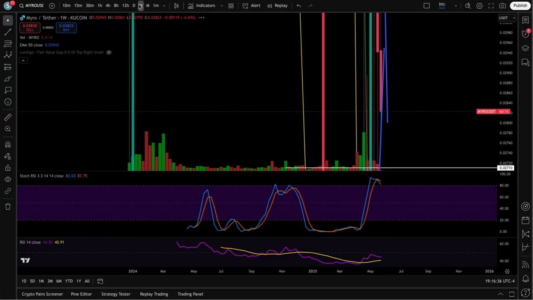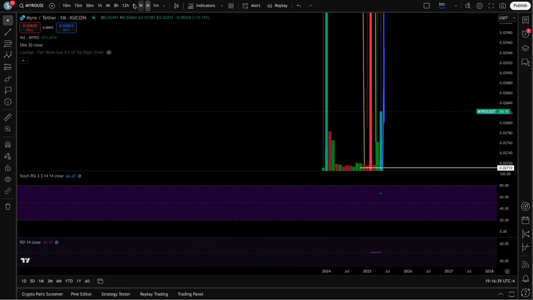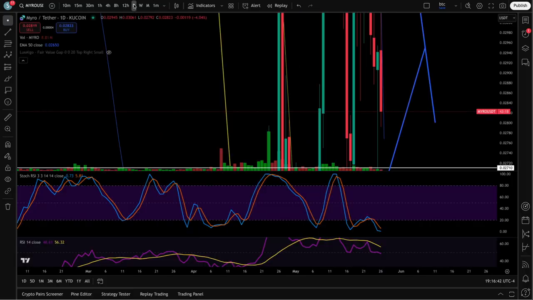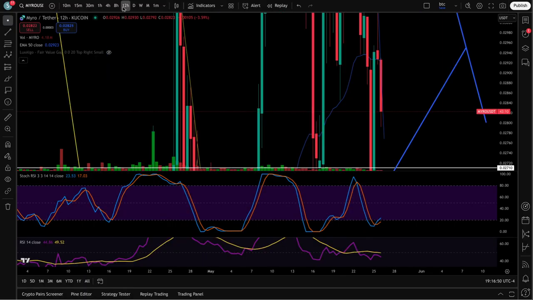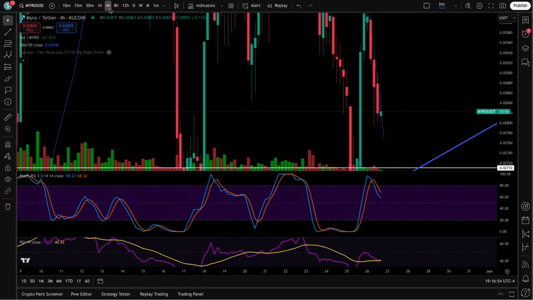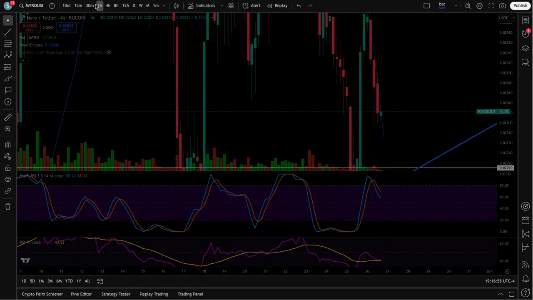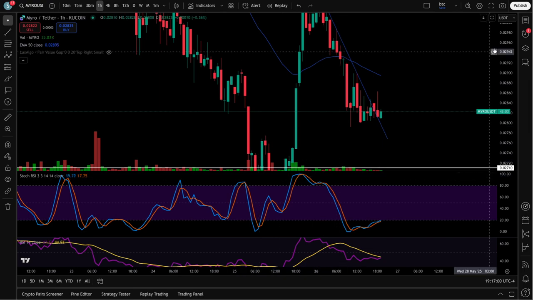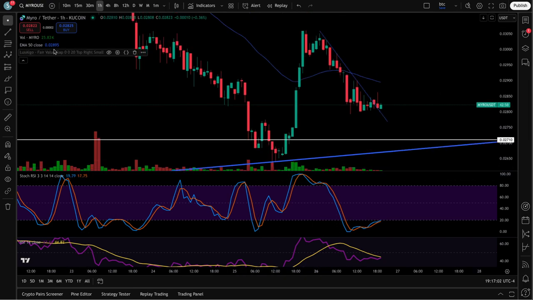Come out here on a weekly. Weekly's at the top. Monthly, don't have monthly. All right, but that daily is going to be reset here in about 45 minutes. Okay, so overall, 12 hours at the bottom, 8-hour at the bottom, 4-hour trying to turn back up. Green candle, 1 hour at the bottom, got the break, right,